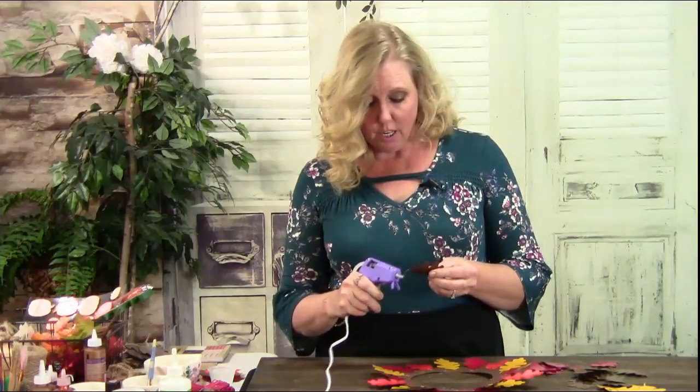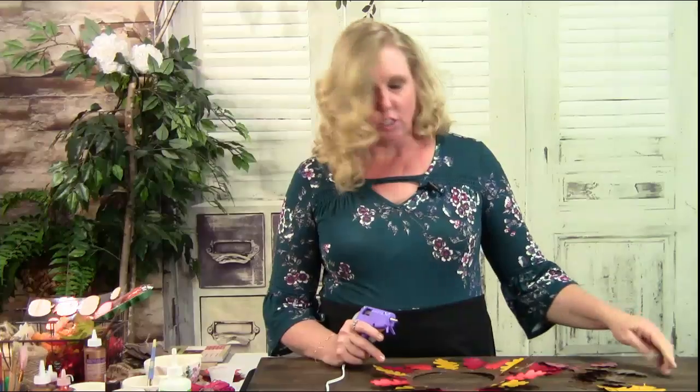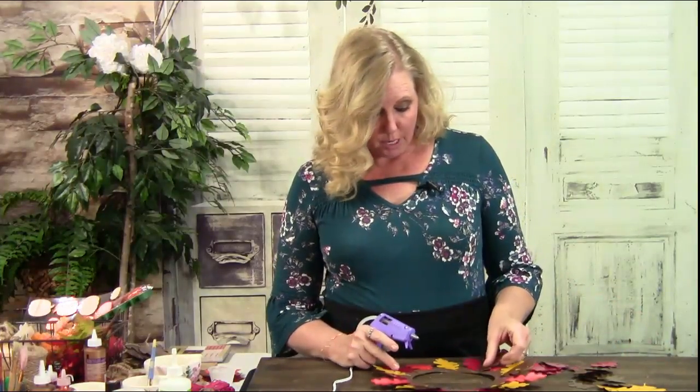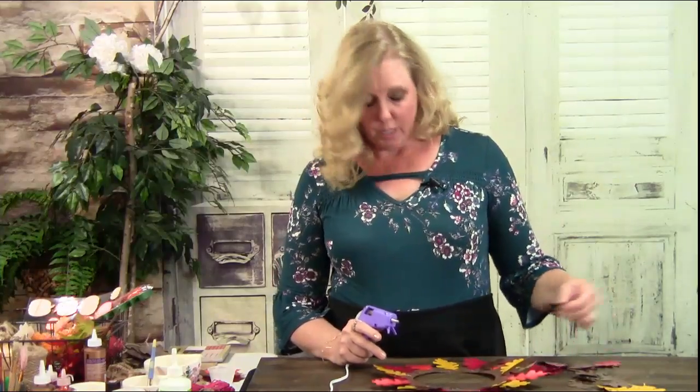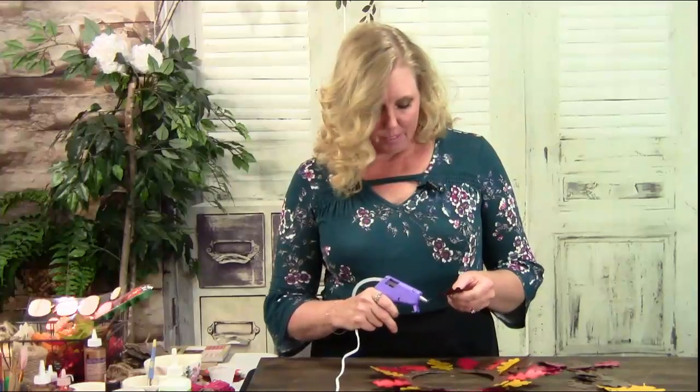Now that I've used it, I don't think I ever want to be without it, because if there's a project I want to put on my front door, and I know in the wintertime especially we get a lot of snow here, I don't want it to be weathered. This won't weather. I promise. This is